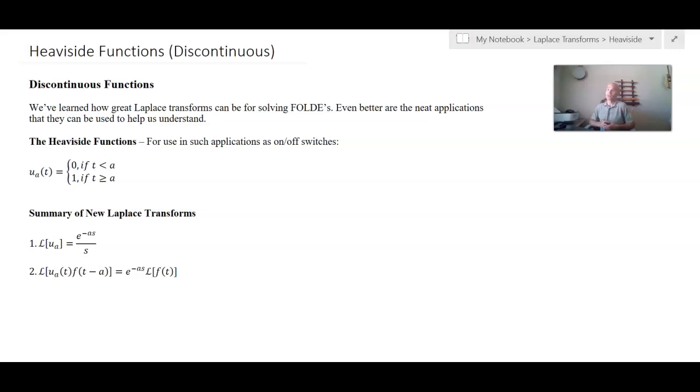Often when we are modeling with differential equations, we want to incorporate components of rate of change that switch on or off at particular times. One example of that would be an electrical circuit where perhaps the battery is disconnected and then at some moment the battery is connected, and then things start happening within the circuit. Laplace transforms allow for us to incorporate discontinuous functions with relative ease, and that's what we're going to talk about